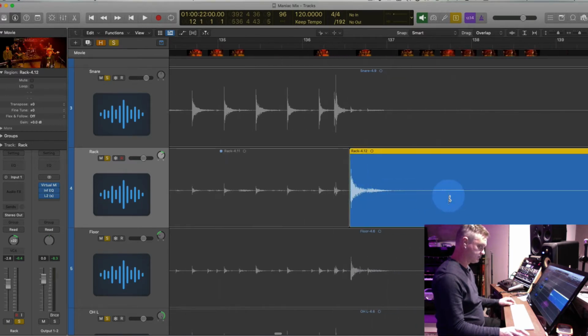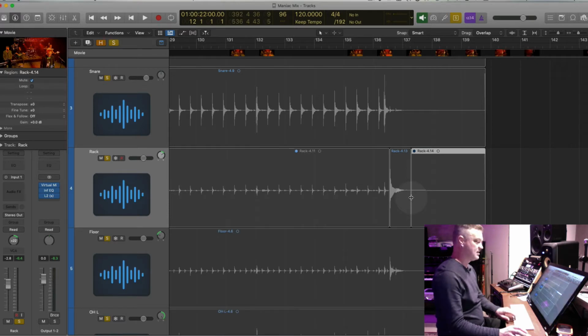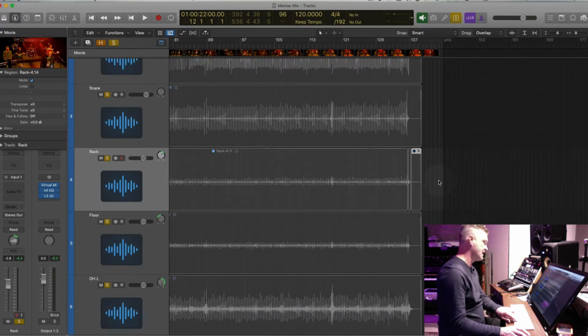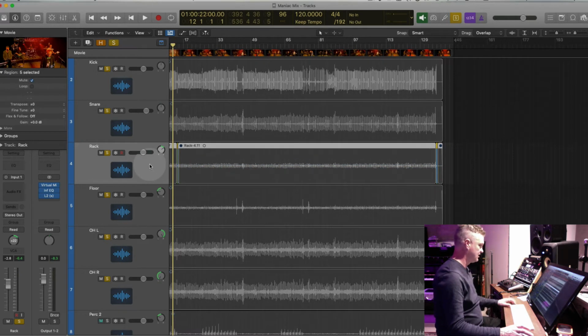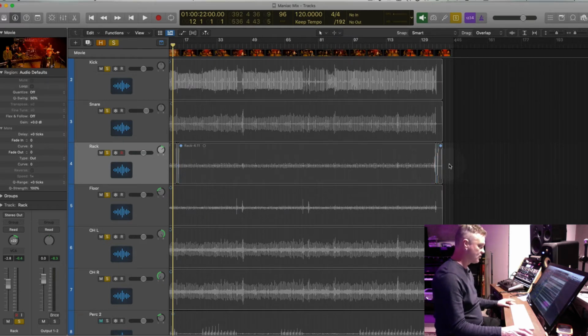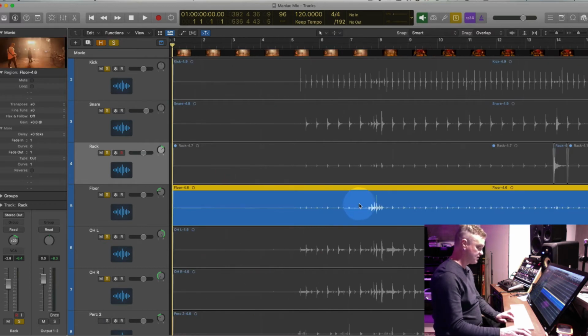Press M, press M. And all it takes then is really to put the fade in, fade outs on all of those. So it's just select the track and go over here and just go in, out. And all of the objects have an in and out fade, applied. So, all right, let's go for...